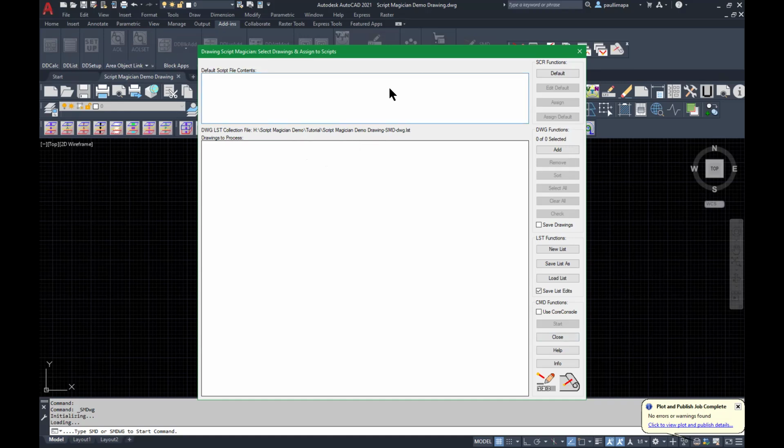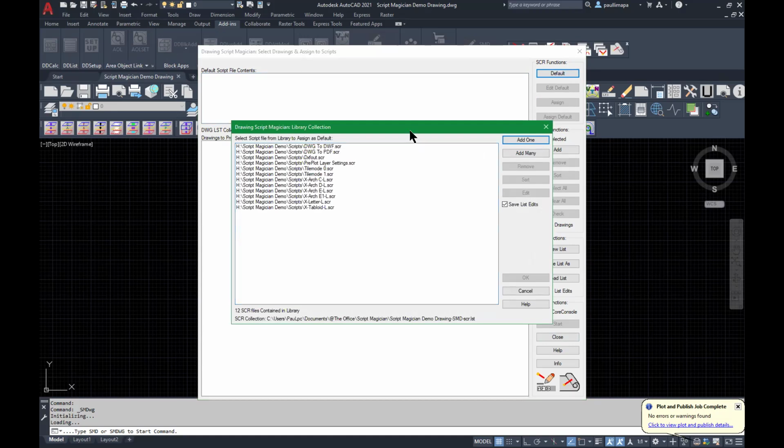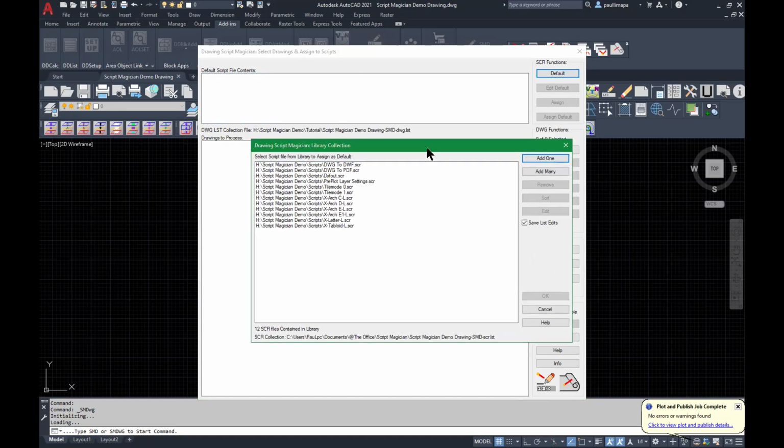The first step is to always assign a default script file. Again, all the script related command functions are on the top right column. So I'm going to click the default button. And here again is another advantage of having this same drawing file open, because this list of script files that are already collected from, in this case, anywhere in the network or local drive is saved in another file under My Documents,